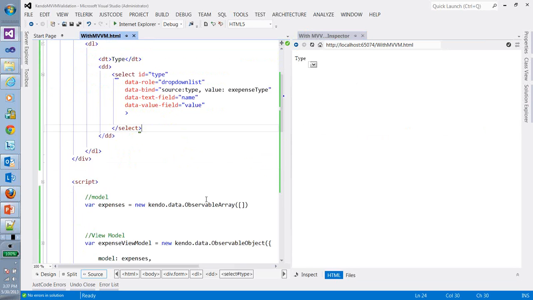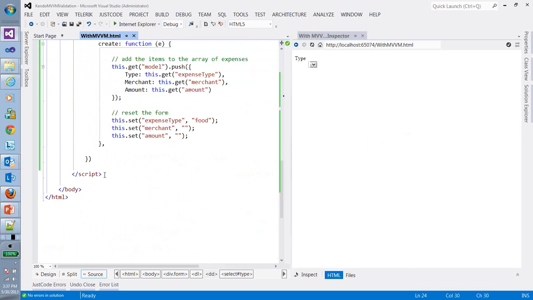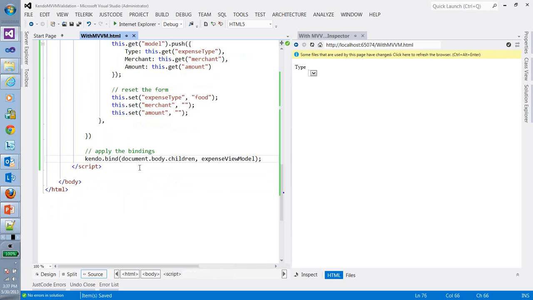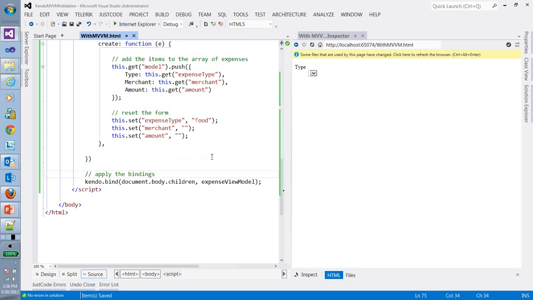That is because there's one main important thing that we need to do. With Kendo, we need to invoke the Kendo's binding mechanism. So we are saying, hey, I want you to go through all the document.body.children and then loop through them and then use this view model as a binding context. So it's pretty similar to what you guys do in WPF. You just say data context is equal to view model. So similarly, we are saying Kendo.bind document.body